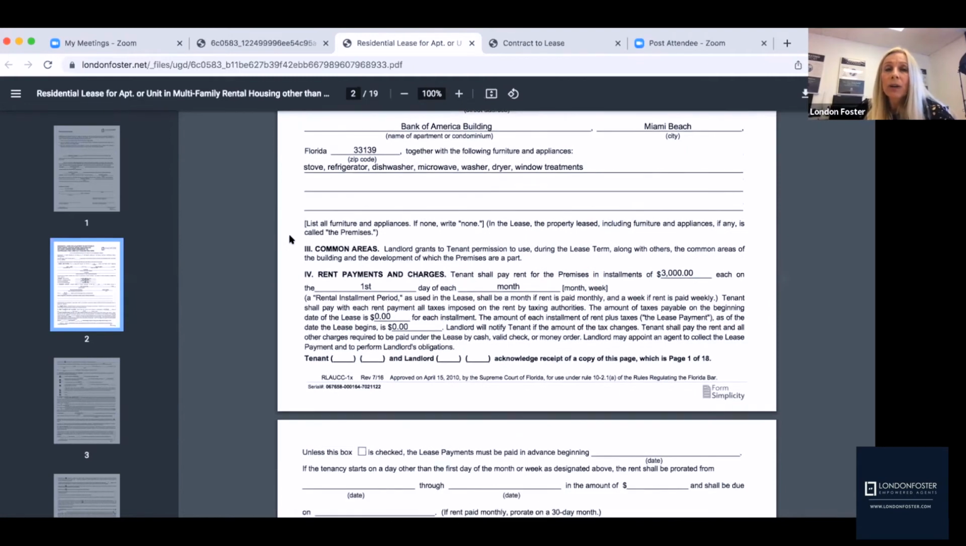And this is where you write the information that's included. The stove, the refrigerator, dishwasher, microwave, washer, dryer, and window treatments. So this information basically is what the owner has in the apartment. If there's furniture, because there's only 3 lines here, I usually do a 1-page and I write here, see attached